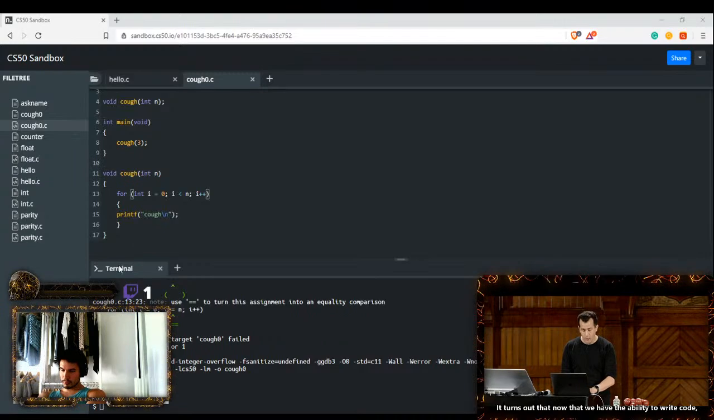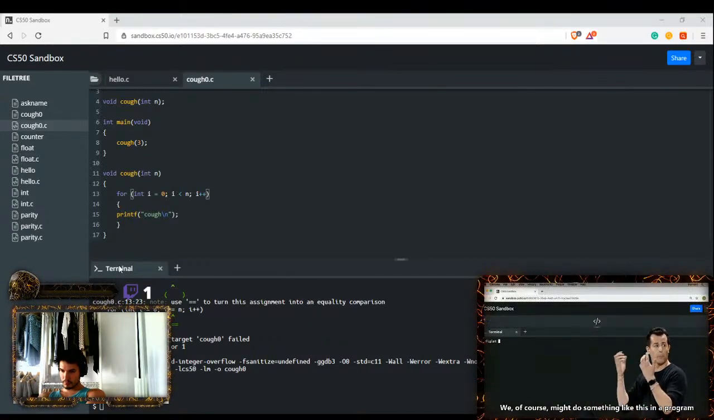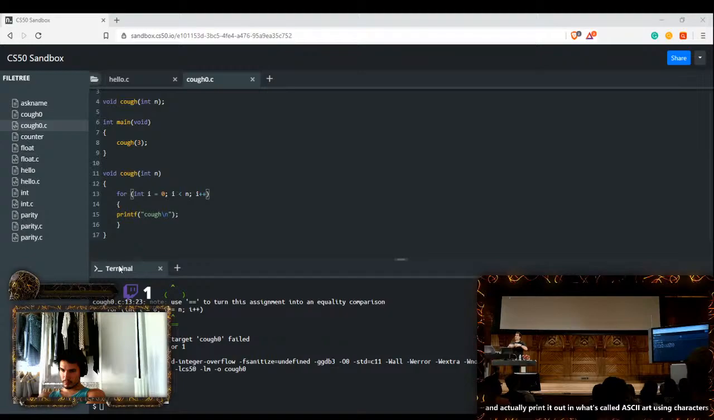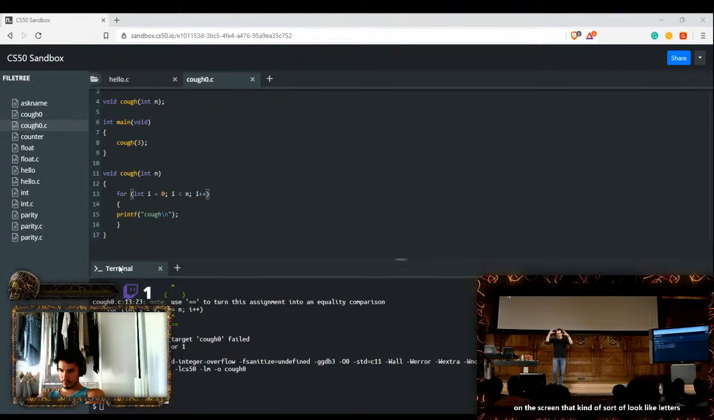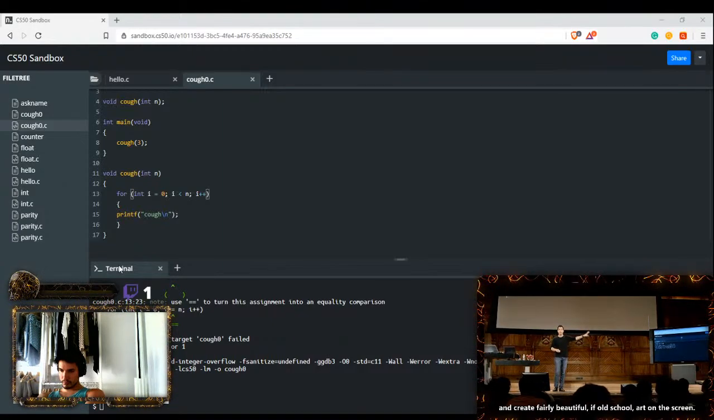It turns out that now that we have the ability to write code, our programs, of course, can do any number of things, saying or printing things on the screen. We, of course, might do something like this in a program we might call Figlet, which actually comes with some systems. And I can say something like, this is CS50, and actually print it out in what's called ASCII art,